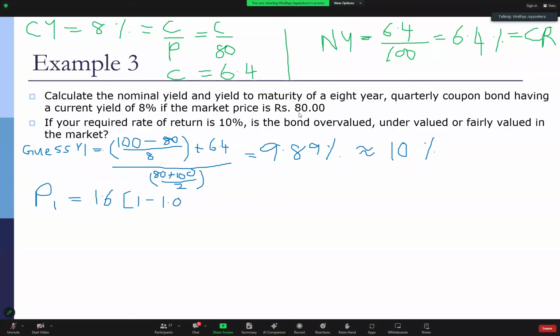We are using 10%. For those of you who use 9.89, then use the appropriate R. 9.89 divided by 4, right? To the power 8 times 4, 32 quarters, divided by R, 0.025